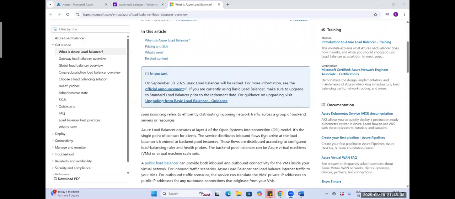So now let's see the practical implementation of it. So for this practical,